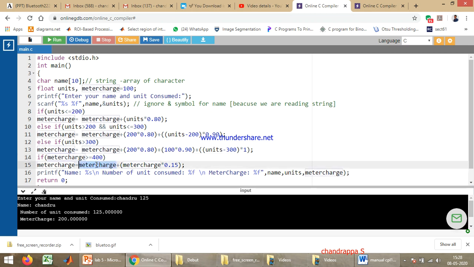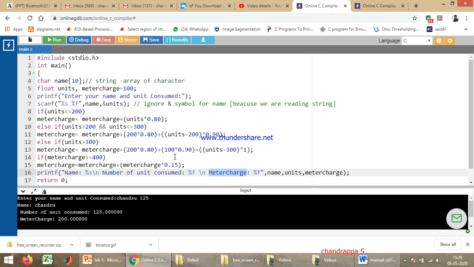That is calculated by using this formula. After adding 15% of additional charge, then print the name of the user, the number of units consumed, and the bill value.